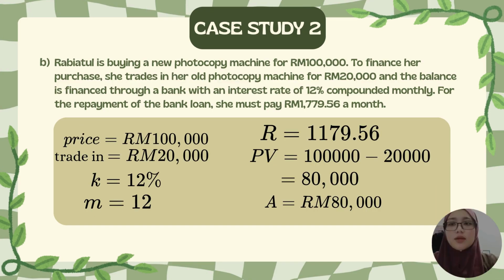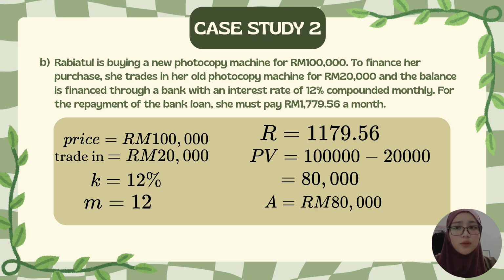6,204.37. So, as you guys can see, my part is Rabiatul's photocopy loan, which is chapter 4, annuity. For the first question, we need to find the number of payments to settle the loan, which is n in our formula. But first, we need to classify and identify the information in the statement that we are going to